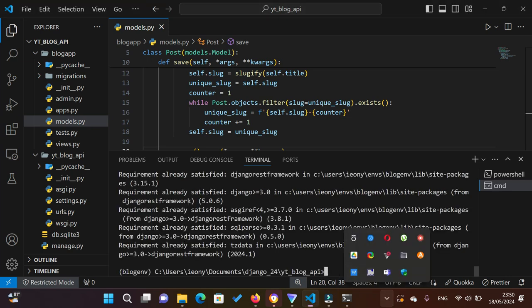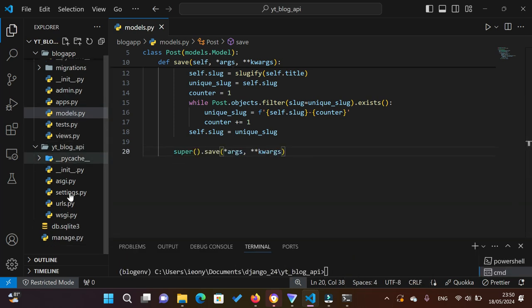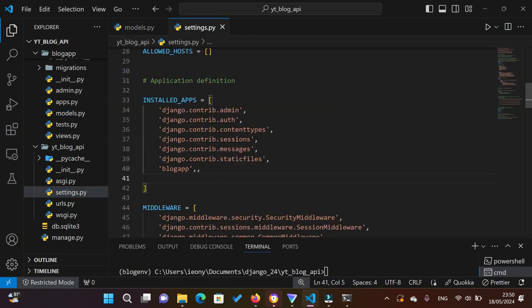So once you have it installed, go down to your installed apps. Don't forget, this is important. Your installed apps can be found in the settings.py file. And yeah, we are going to add REST framework as one of the installed apps, right? I'm going to say rest_framework. Once this is done, go down to your blog app, create a new file called